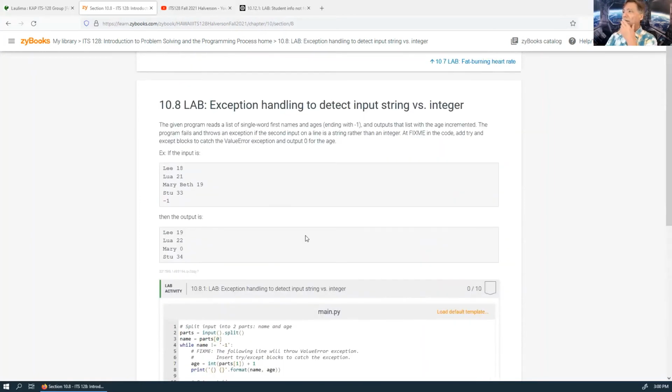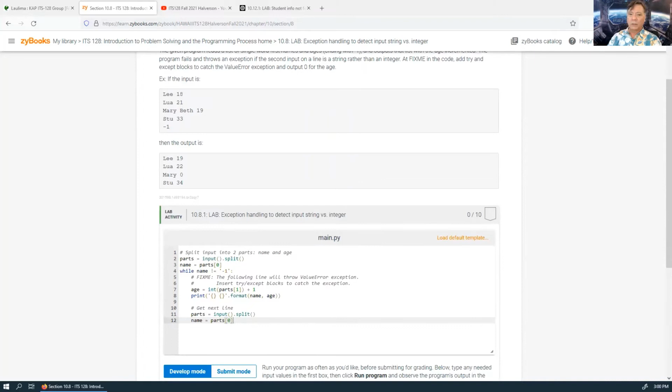So this one is: the given program reads a list of single word first names and ages, and outputs a list with the age incremented. Clever. So it adds 1 to each of the ages. The program fails and throws an exception if the second input in the line is a string rather than an integer. At the fix me, add the try-except to catch the value error exception. So that's called a value error exception. Okay, so